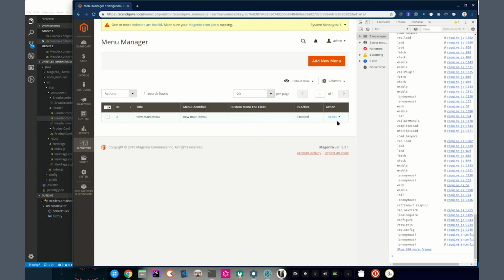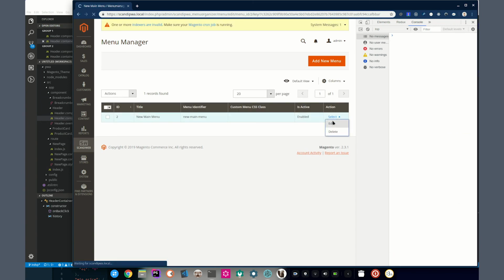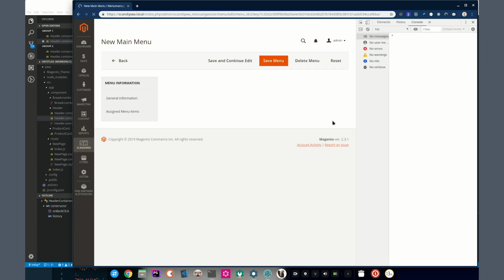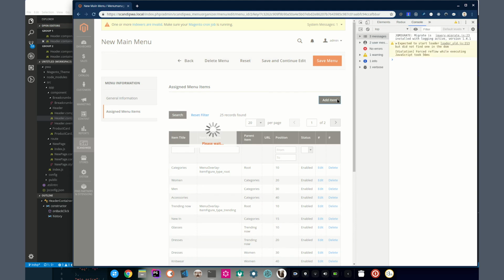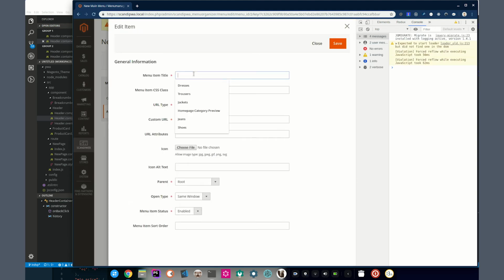So let's go. Let's select a route. Cool. Now what we should do is go to assigned items, and add an additional item. The additional item will have the item title, which will be a new page, and it will be a custom URL eventually. The custom URL will lead to the new page, correct? And it will not be root. It will be